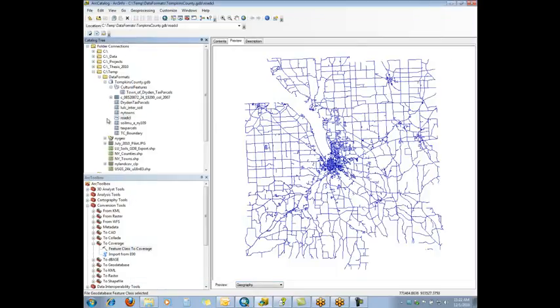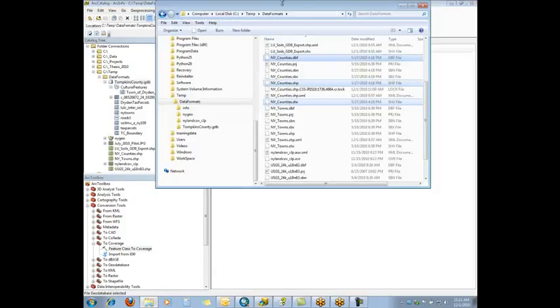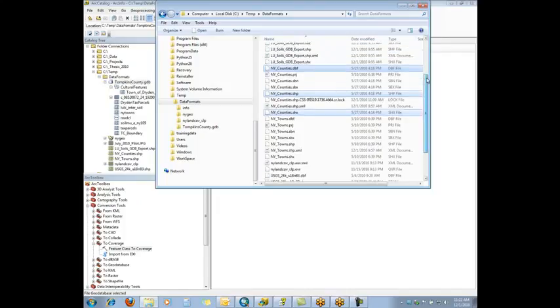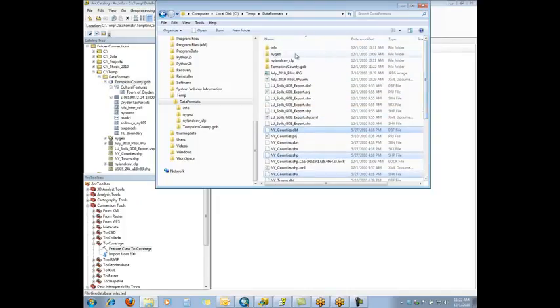But what does it look like on the hard drive? What does this structure that we see over here look like on the hard drive? We'll come back to our folder, our Windows Explorer, and we'll just scroll up a little bit so we know where the shapefiles are. And up here, this is the file geodatabase. It is a single folder or directory, and it always has a GDB extension on the folder. And if we open it up,